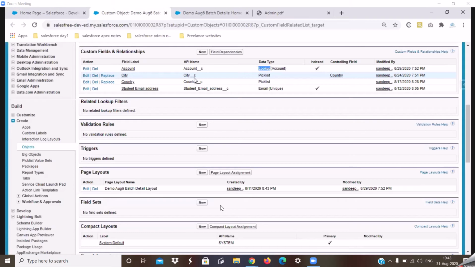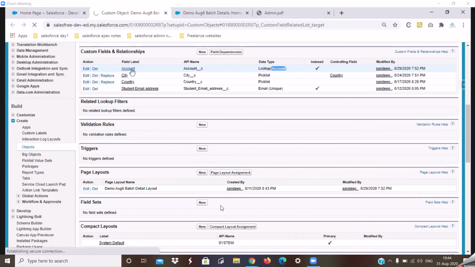For that reason I'm picking this field. I'll be showing you one important point, and there is one lesson that we need to learn while converting this lookup to a master detail relationship. That is why I'm taking this existing field and I'll convert it into a master detail relationship data type. Currently it is a lookup to an account. What I'll be doing is converting this lookup relationship into a master detail relationship to account. Alright, now how to do that?